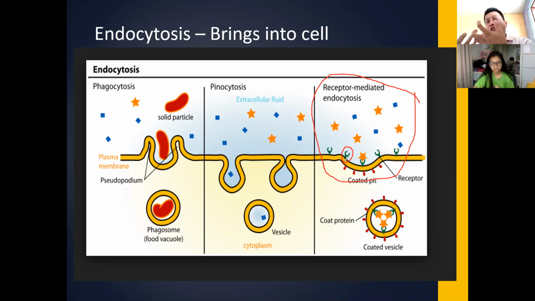Because they already know how to defeat that virus because of the vaccine. Take note, vaccines are weakened viruses. They are weakened so that your white blood cells, in particular the lymphocytes, will defeat it easily and develop a certain immunity. That's what we call the third line of defense, our immune response. So that is going to be explained by receptor-mediated endocytosis. There's a specific receptor for a specific molecule that will get inside of your cell.